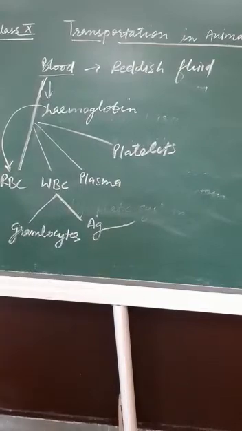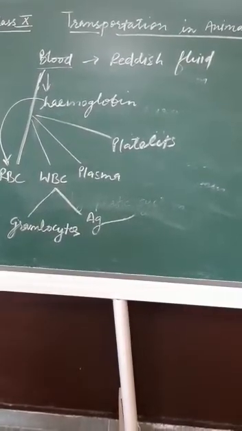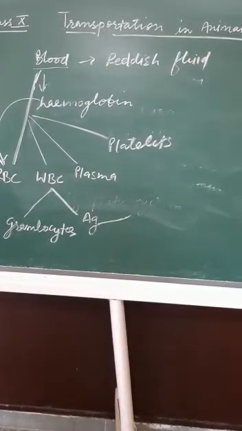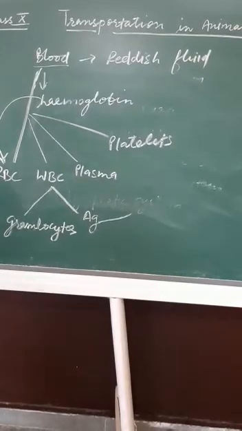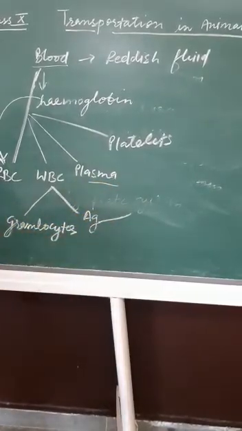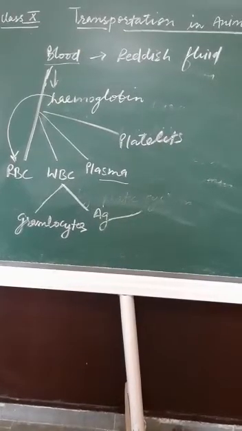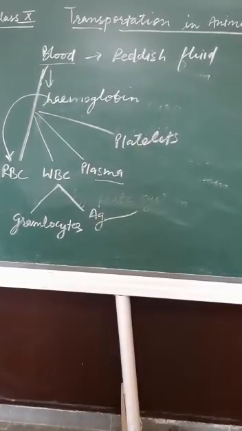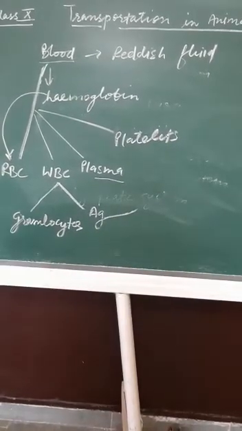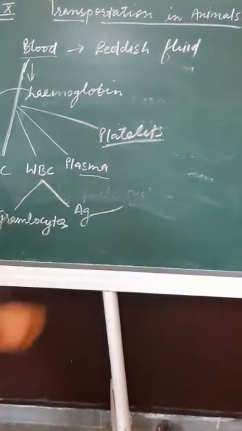Now the blood plasma, it is the liquid part, pale yellow in color, alkaline in nature, which gives the blood its liquidity. So that is the liquid part of the blood, which is known as the plasma. It contains 92% water and 8% solutes, and its important solutes are nutrients, excretory products, inorganic salts, gases, etc. Now the platelets. Platelets are the fourth component in the blood which help in the clotting of blood.